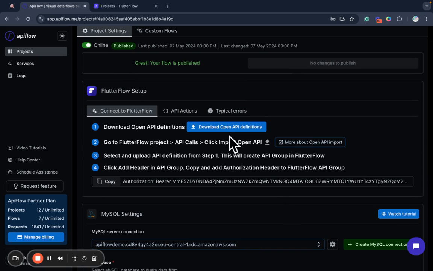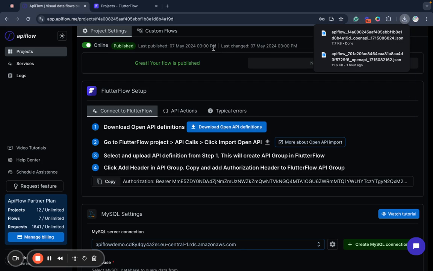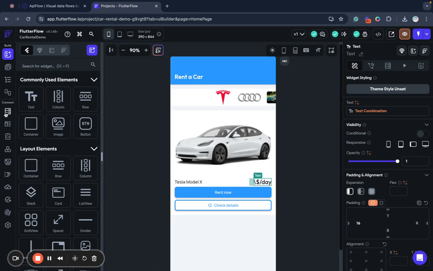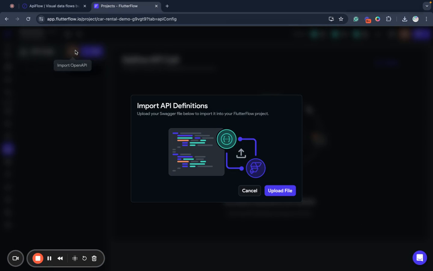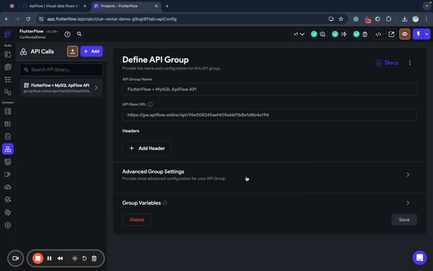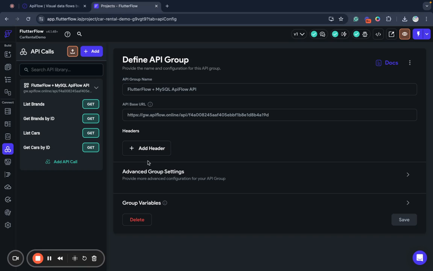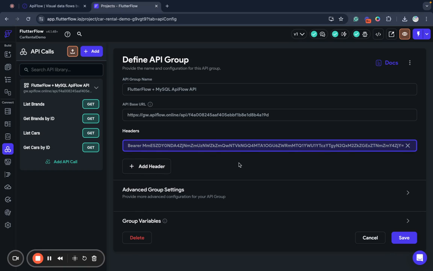So now we can download our Open API definition. Let's do it. And then we need to go to our API Flow project, API call section, upload the file, and select our downloaded file. Then we need to go to our project and copy the authorization header for our project to enable access to it, and then add this header to the API group in FlutterFlow. Save this information, and now we have operations to list brands and list cars, and we will use these operations